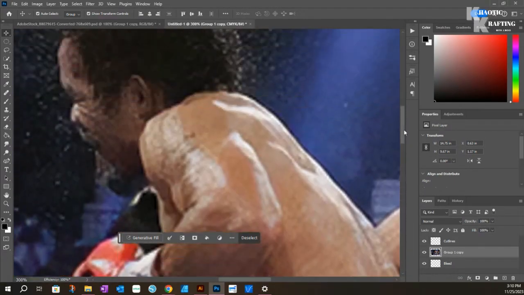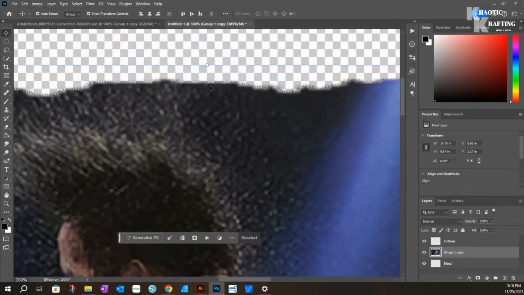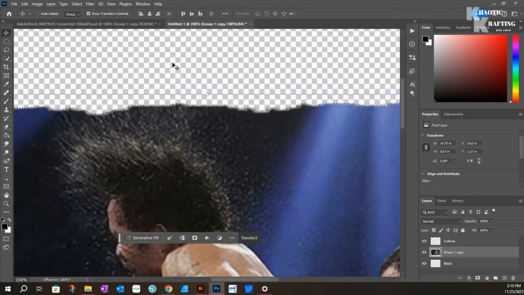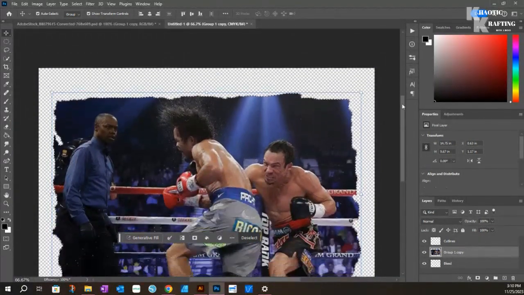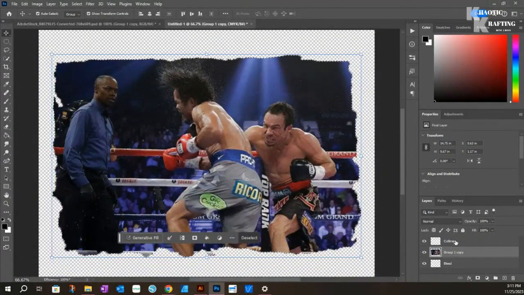That creates the marching ants around my image. I'm zooming in now so that you can see the marching ants going all the way around my image. As you can see, there are possibly some white marks here. I'll show you in Illustrator how to get those done, but we'll go over that in more detail shortly. Once we have done the load selection on your image layer, click your cut lines layer,